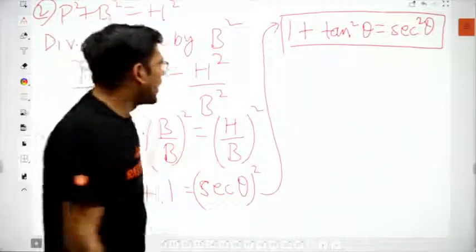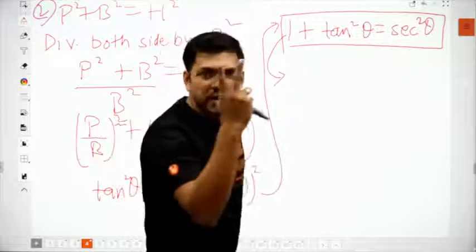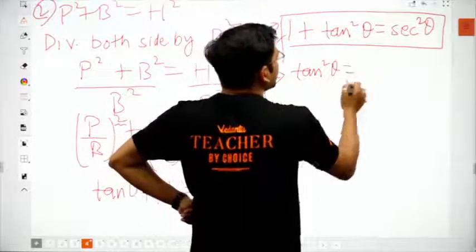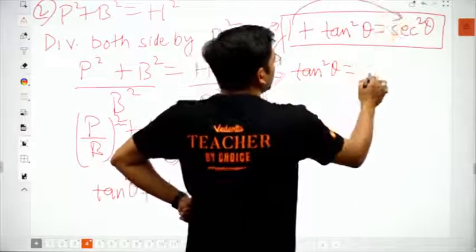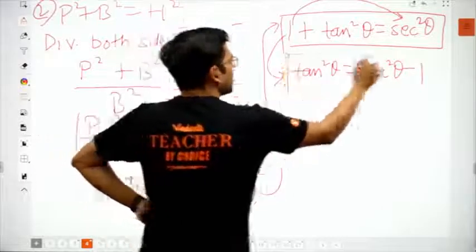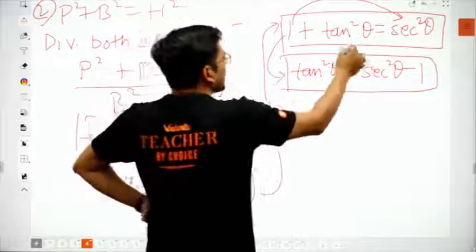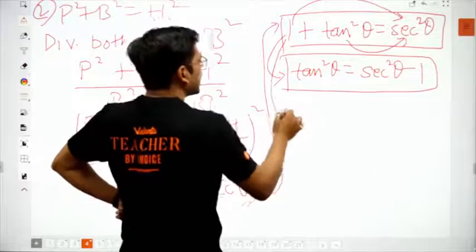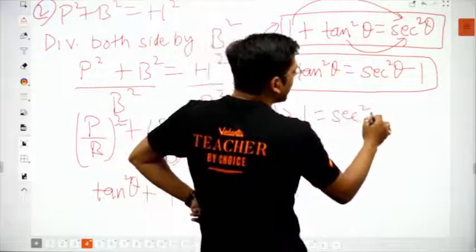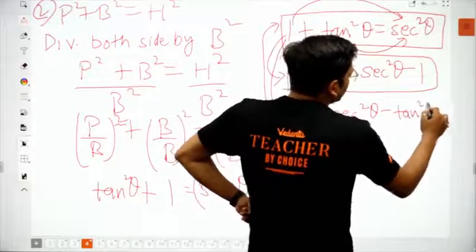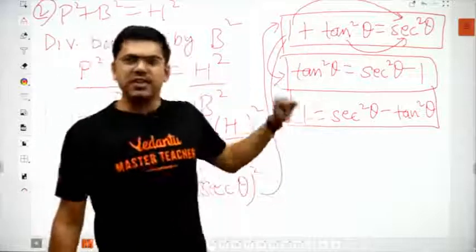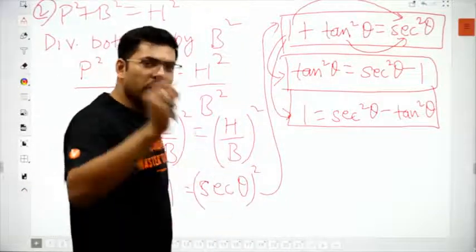Isn't it great? Now I'll tell you, इससे दो फॉर्मूले और बनते हैं. There are two more formulas. This is tan square theta is equal to 1 को उधर भेजो. This will become as sec square theta minus 1. This is one formula. And next formula, send tan square theta this side. So if you will send tan square theta this side, then 1 यहाँ बचा, 1 is here and here sec square theta minus tan square theta. All these three formulas are very important, and you will apply it everywhere.